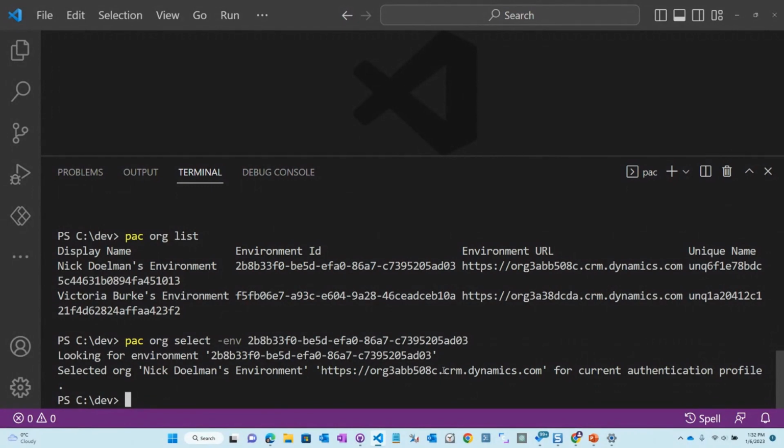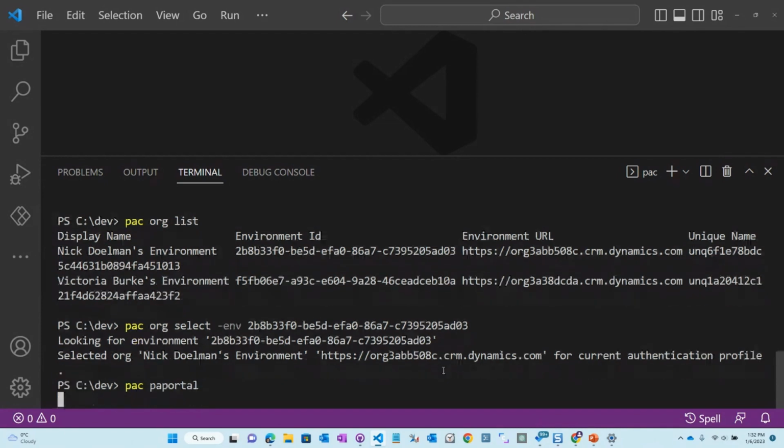So far, so good. Now what we also want to do with some of the other commands is get into our Power Pages commands for the command line interface. So I want to type PAC, and I'm going to type PA Portal. You're probably saying, wait a minute, isn't this Power Pages? It is, but it evolved from a feature of Power Apps called Power Apps Portals. And of course, we don't like to change the syntax for developers because we know that could cause all sorts of problems. So it's still called PA Portal.